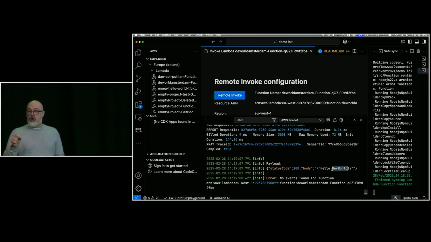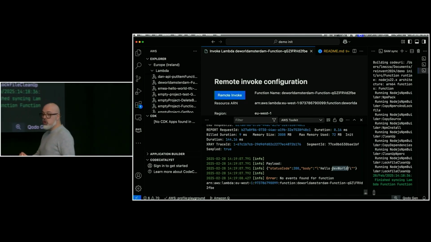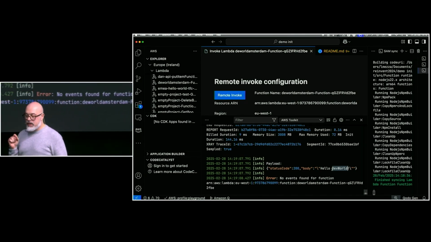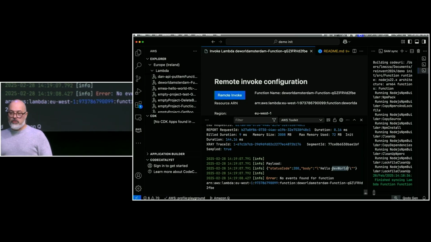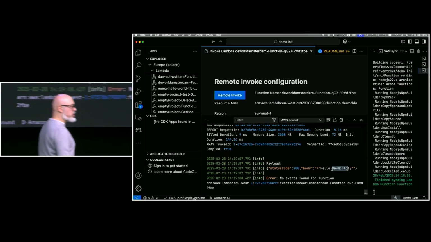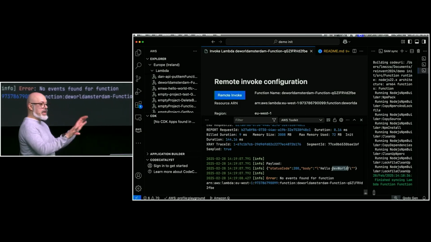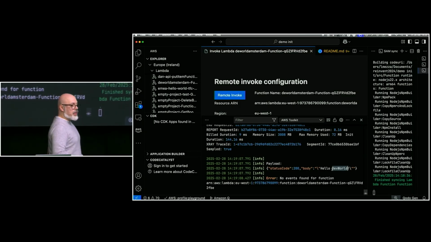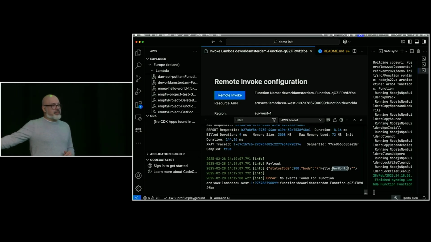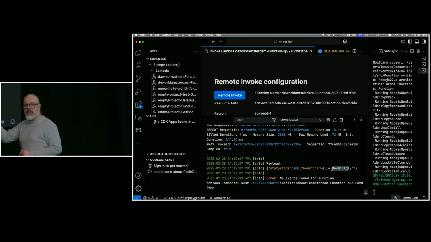Now, if you think about the change rate in your applications, you are more likely to mess with the infrastructure at the beginning of the project, because you want to set things up. At the beginning, you have maybe the Lambda function, then you say, OK, I need SQS, so let me add SQS, and stuff like that. But when you have all the infrastructure stable, this will accelerate your debugging in the cloud,